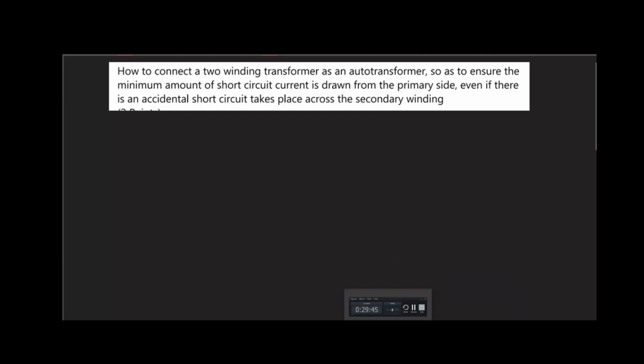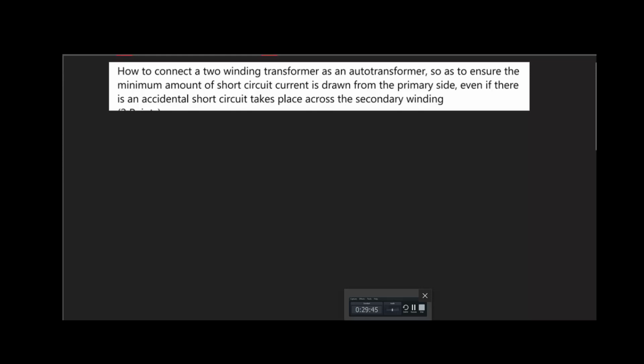So this is the next question, in which it is asked how a two winding transformer should be connected as an auto transformer to ensure minimum amount of short circuit current. So in this context, we have to keep two things in mind that are common with a normal two winding transformer as well as in case of an auto transformer. Those things are